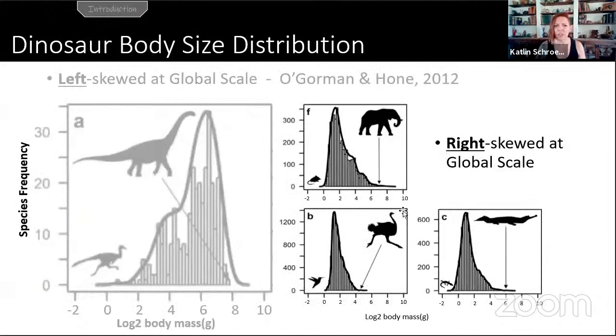And that's really weird because what we know of modern birds and reptiles and mammals is that they all tend to skew in the exact opposite direction. They are all right skewed. So that means that most modern terrestrial vertebrates have their highest diversity in small body sizes. And that makes sense, right? Because the smaller you are, the less room you need, the less food you need. You can physically pack more mice into a room than elephants into a room, right? So ecosystems work the same way. In this, we really kind of expect to see this energetically.